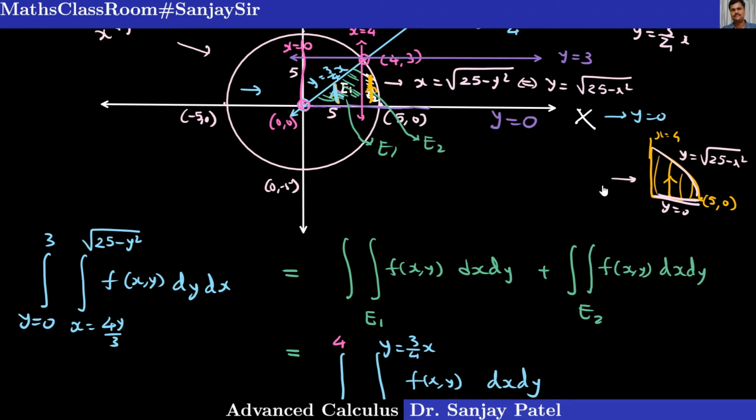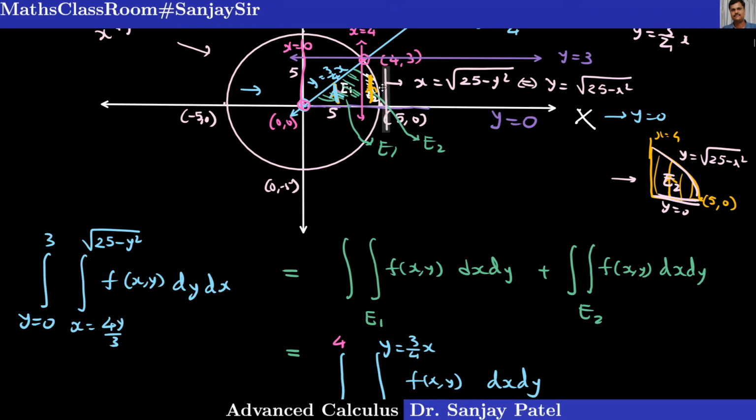If you move from left to right and enter the region E2, this is the region E2, the first point where you enter the region is through the line x equal to 4. So the value of x is 4 there, and when you exit the region, the maximum value of x is on the line x is equal to 5. That I can show you by taking a line over here. So this is the line.